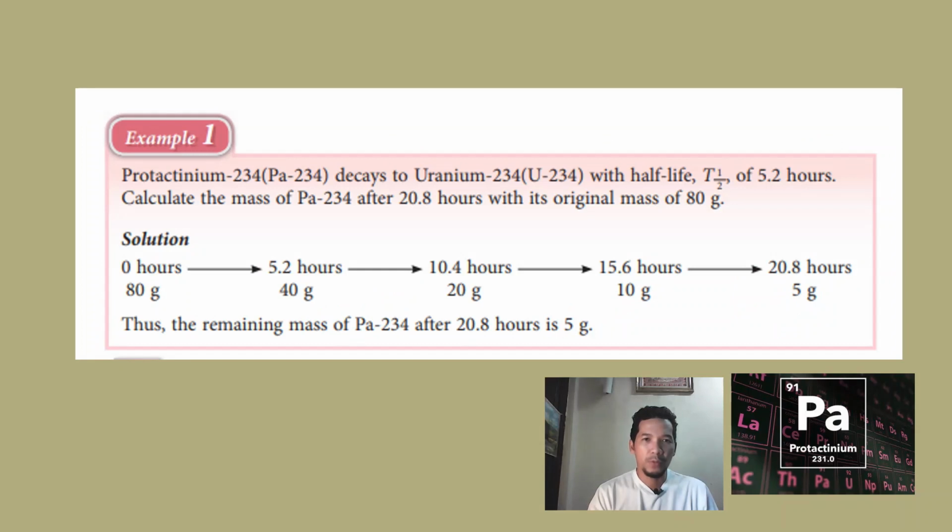Example. Protactinium-234 decays to uranium-234 with a half-life of 5.2 hours. So after one half-life, 80 grams will become 40, something like that. So calculate the mass of